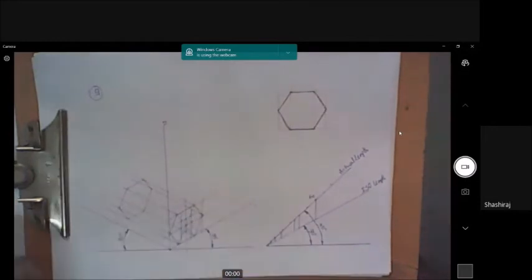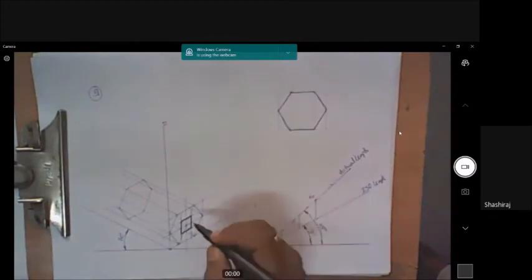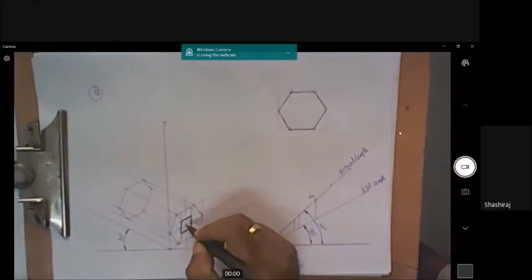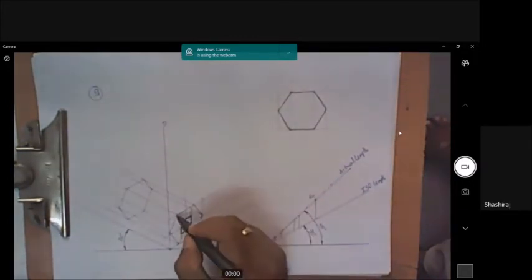There are 4 points. I'll darken it so that you can see it properly. So this is that cutout that you can see, the square hole. And there is one more line which has to be visible. I told you when there is an opening, there is an inside edge which can be seen. So that comes from this point. It will be here like this. That is a visible edge. And other visible edges should be drawn like this.